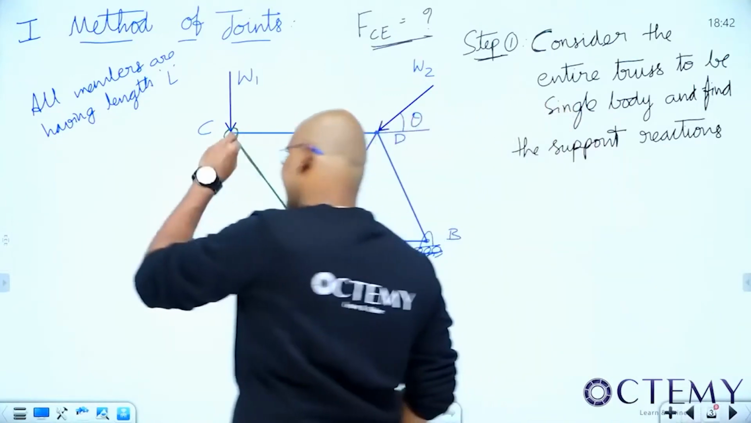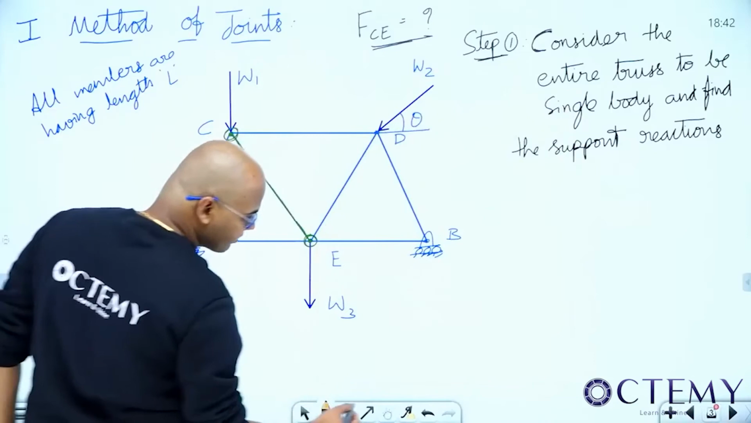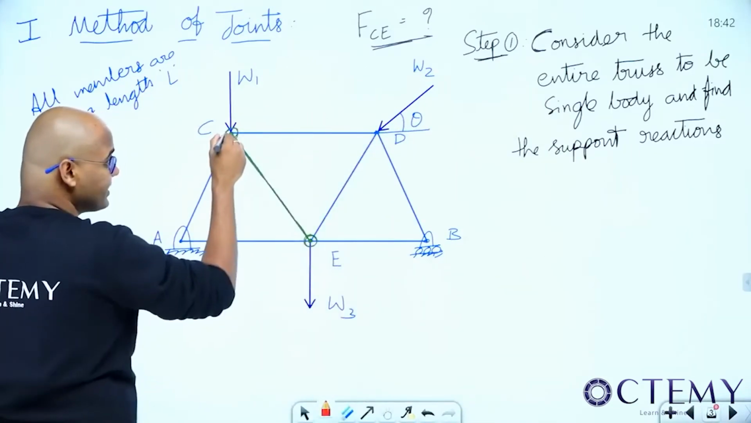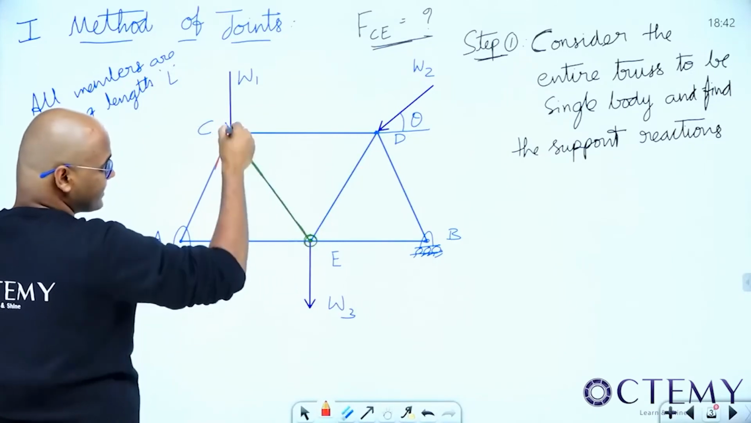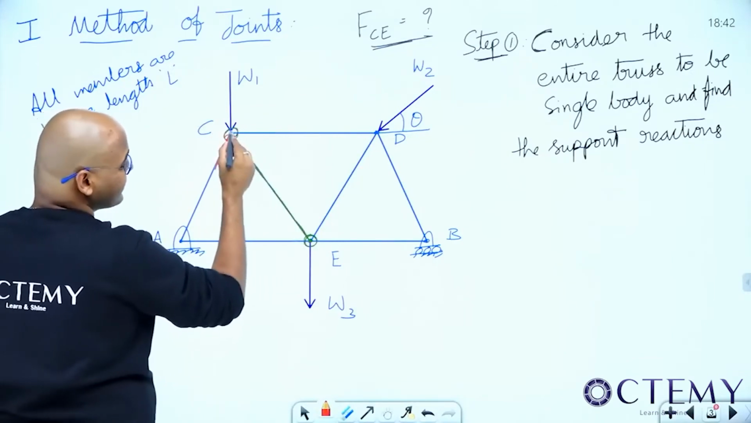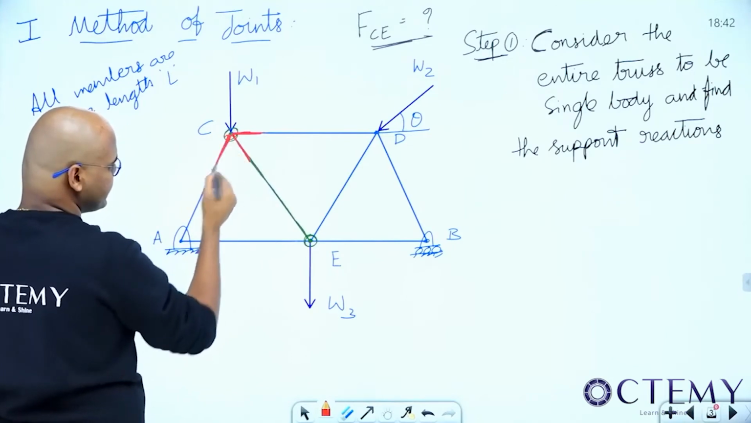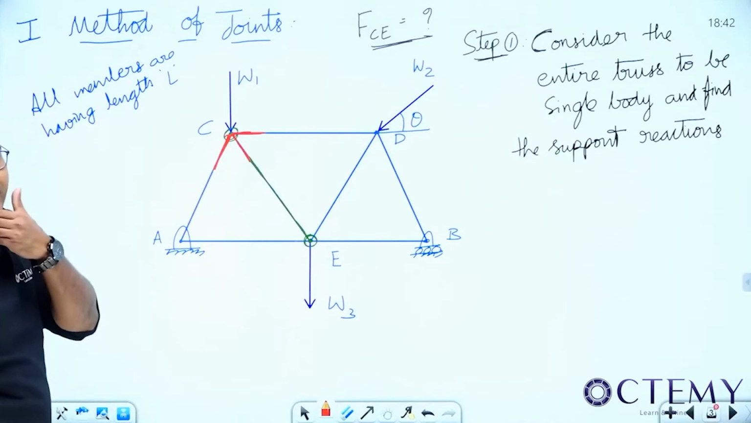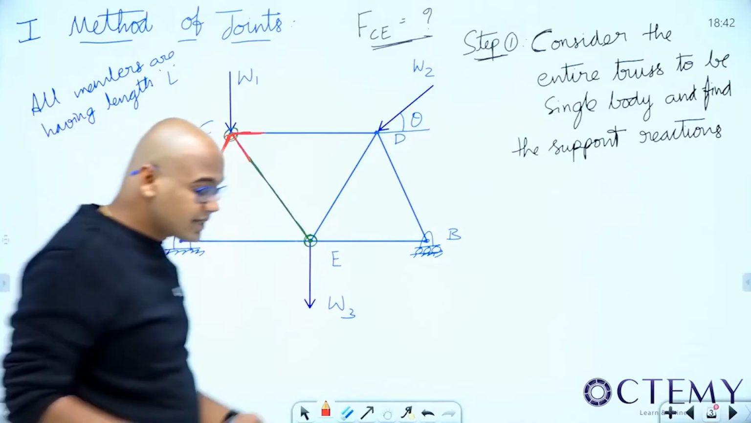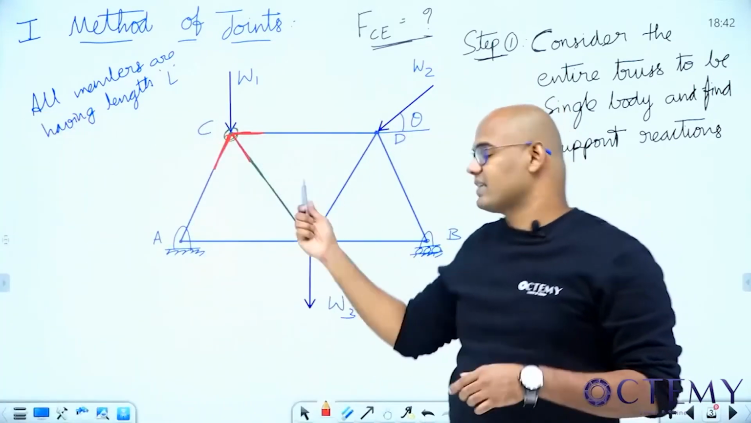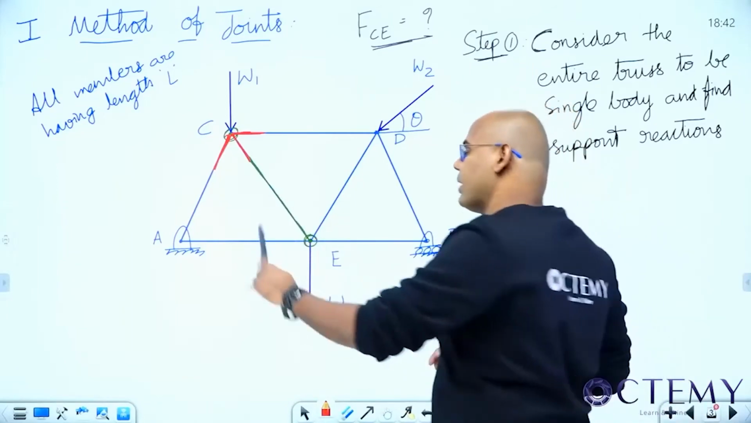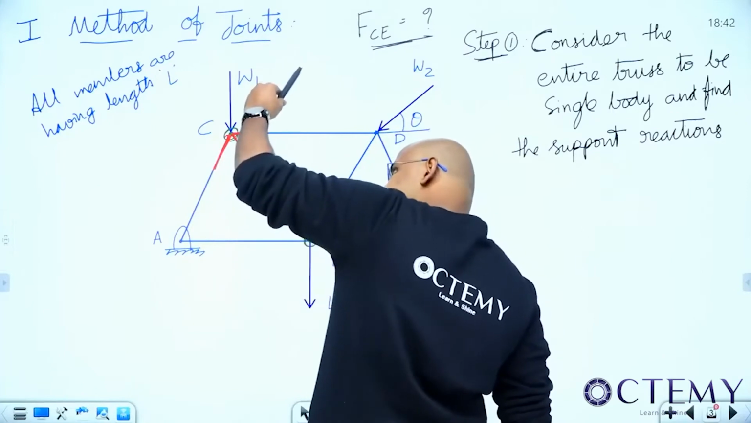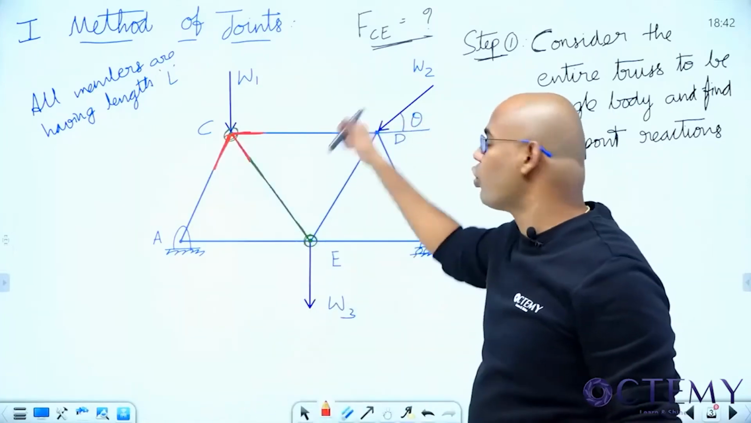See, at joint C, I have connected members AC, CE and CD. Three members are connected. So what happens because of the members? Sir, whenever there is a member connected, the load applied by the member will be along the member. It can be a push force or a pull force, but it will be along the member